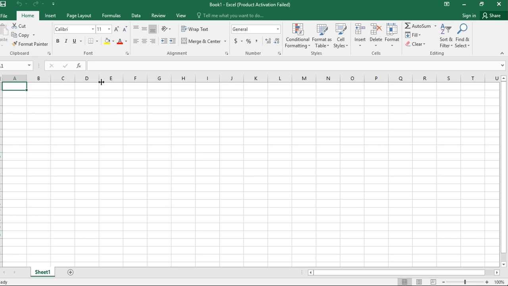Here we are going to create a data frame of students. So write the column names: roll number, name, and marks, and some simple data.